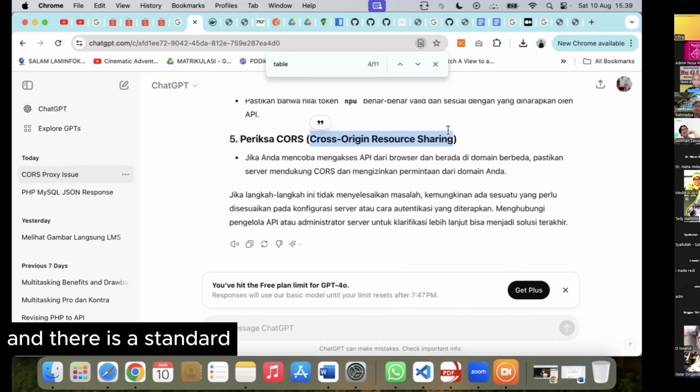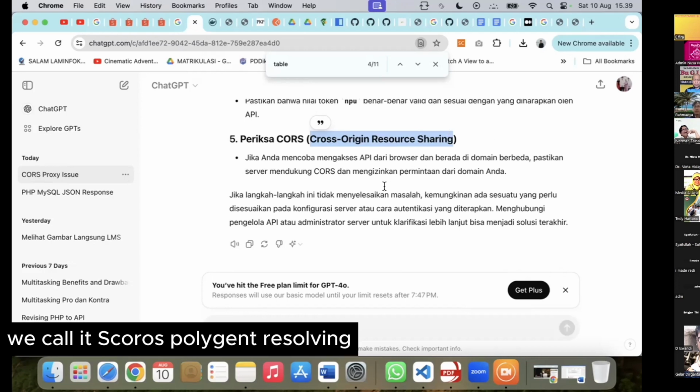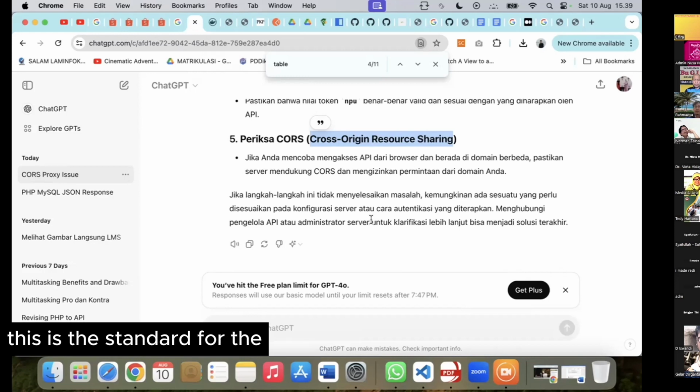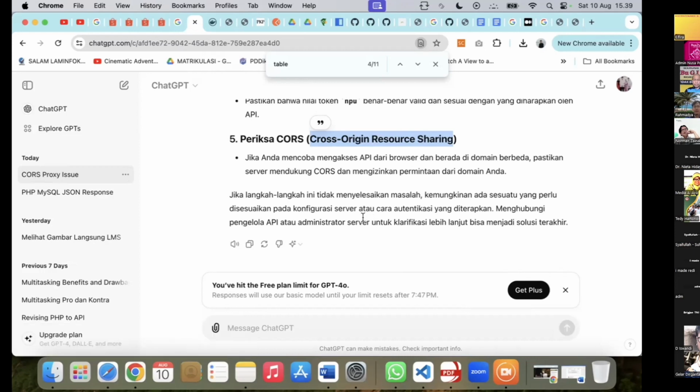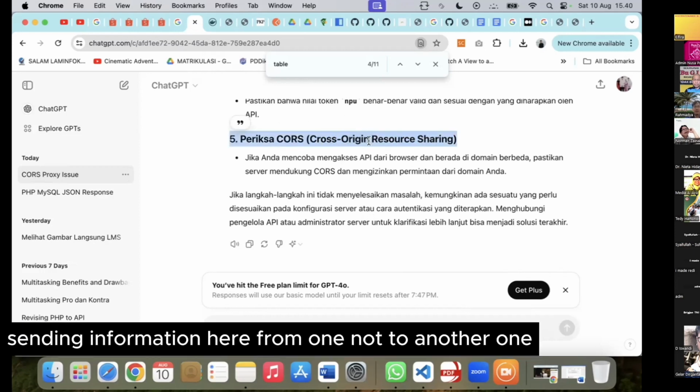And there is a standard we call Cross-Origin Resource Sharing. This is the standard for sharing information from one node to another.